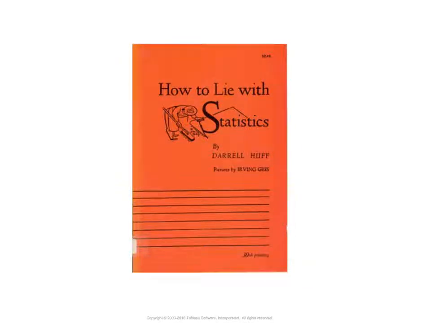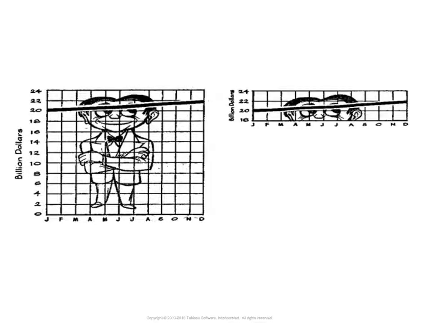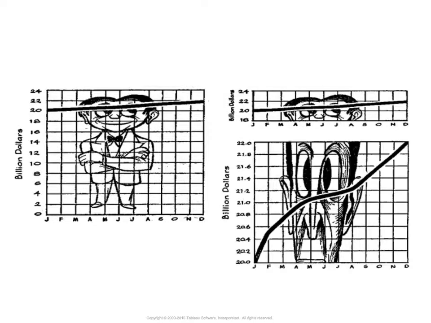Here's a nice little trend line of billions of dollars, I guess, of federal spending or something like that over time. And the little guy drawn behind here looks very, very calm. A very common thing that people do, because there's all this empty space at the bottom, is to trim off the bottom. And in this aspect ratio, the guy still looks very, very calm. But then people stretch out the view, and the guy now looks alarmed.